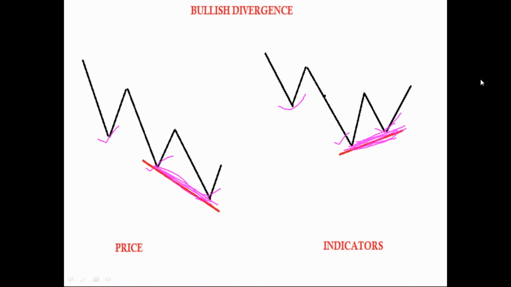Now, one thing everyone should have noticed, that when we were talking about the bullish divergence, it appeared when the price had made lower lows. When the price makes lower lows, that means it is a bear market, and the divergence in the indicator makes a bullish divergence. So one thing you can infer is that a bullish divergence appears in a bearish market, right?